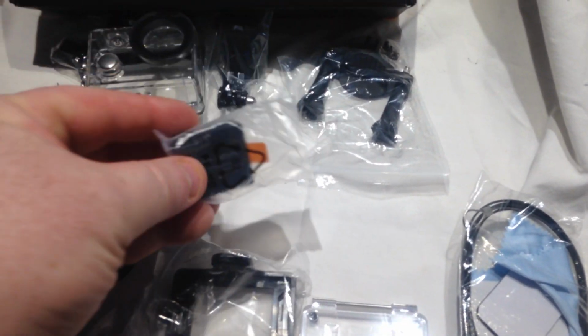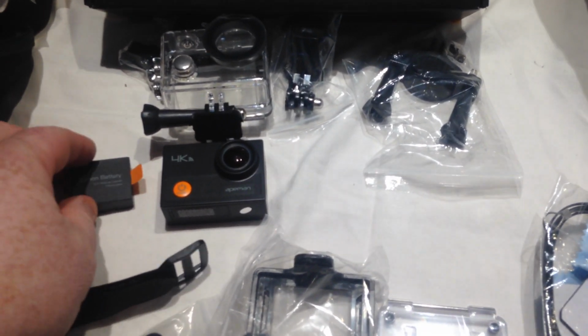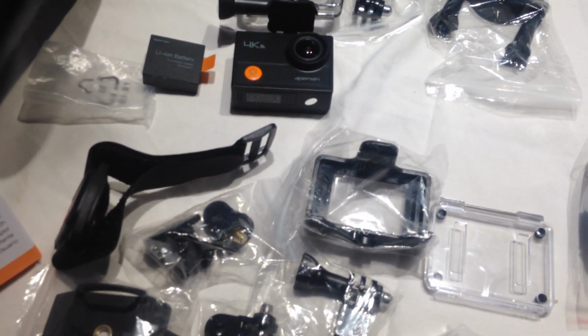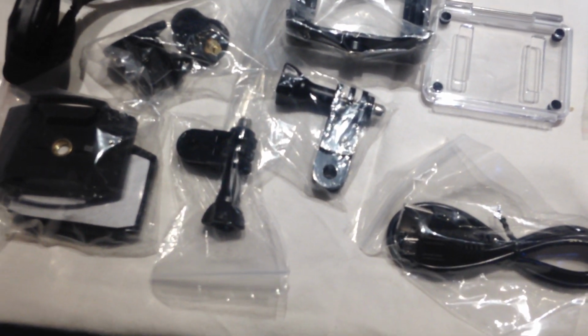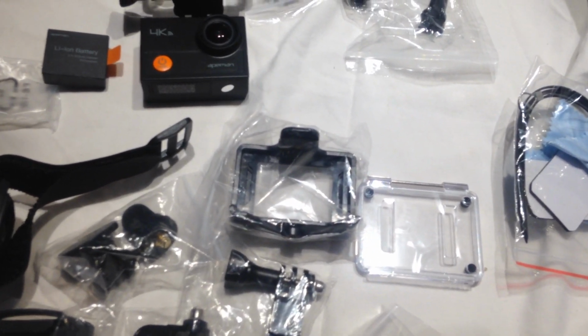The other selling feature was the 2 batteries. So we got two good batteries, 90-minute battery life at 1080p. That's a lot of recording for two little batteries. So yeah, quite happy with it. It came with everything you need really to get started. However, it didn't come with a